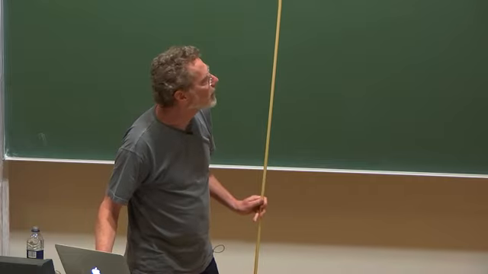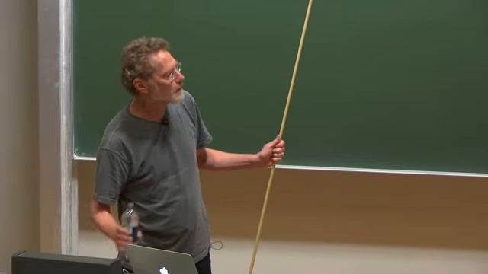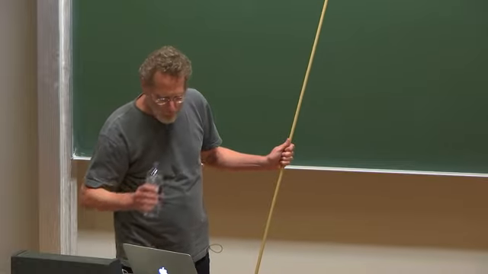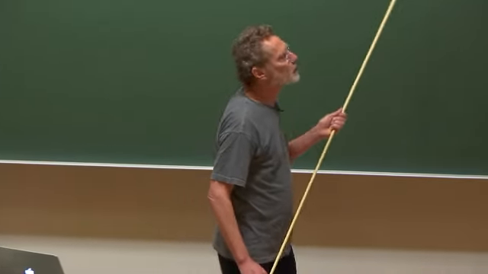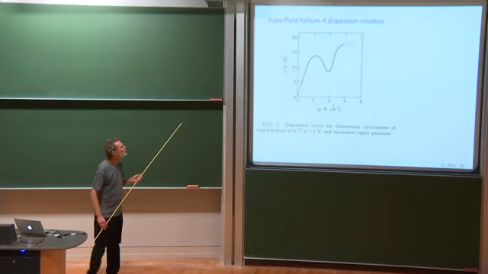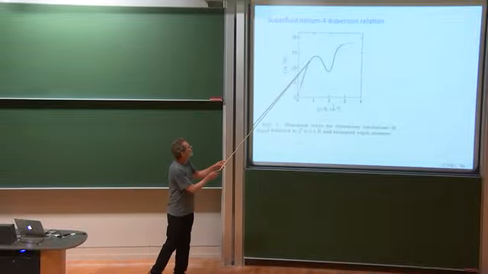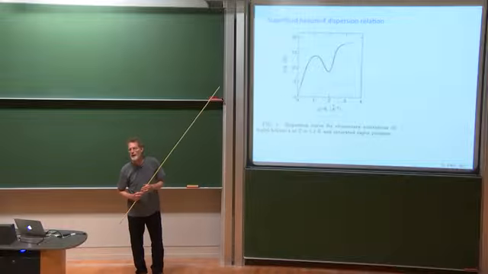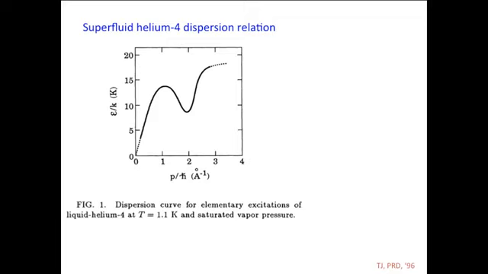So when I started thinking about this, it was before Bose-Einstein condensates had actually been realized in the laboratory. So the only zero temperature fluid that came to mind was superfluid helium-4, or the simplest one that did. And I started reading up on it and learned that one of the first things you learn is here's the dispersion relation for perturbations of superfluid helium-4. This is momentum or wave vector and frequency. And at long wavelengths, it's linear. So that describes the sound regime where the speed of sound is independent of wavelength.